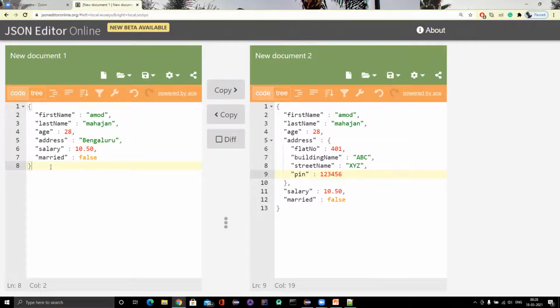What is nested? We call it nested like an if inside an if. A nested JSON object is one JSON object inside another JSON object. So we have this JSON object, and inside this we have another JSON object. You can see how readable it is. All the details related to address are stored in this particular key only, address. This is the simplicity JSON provides to store the data.